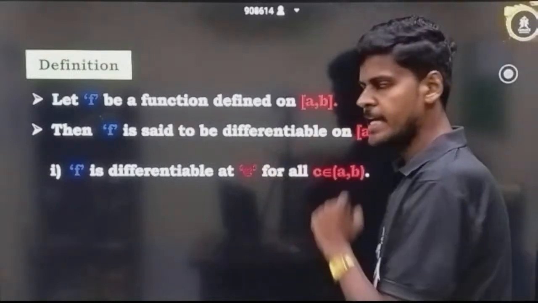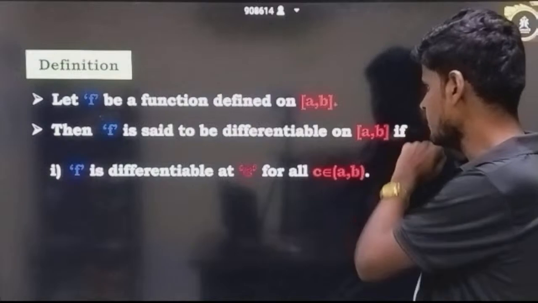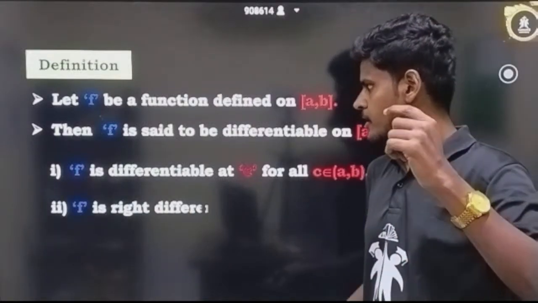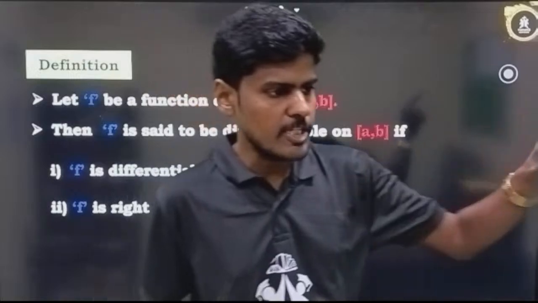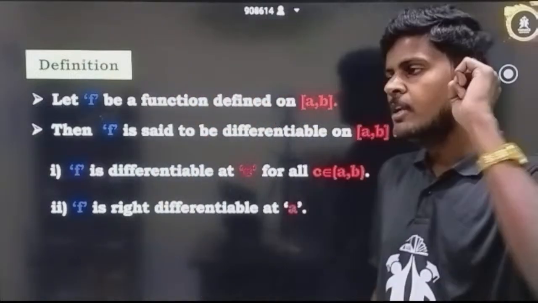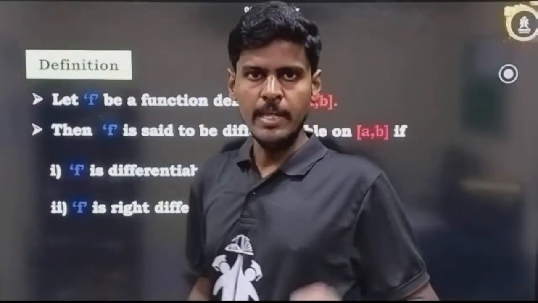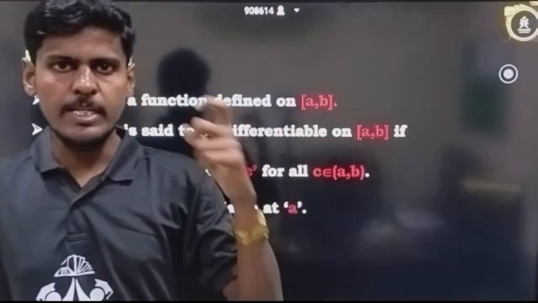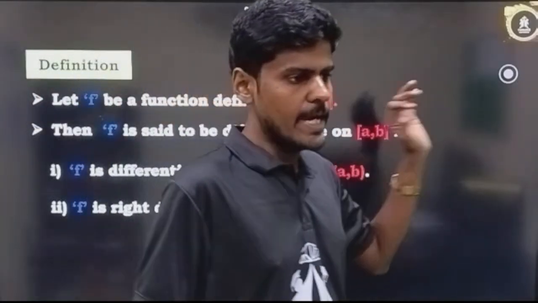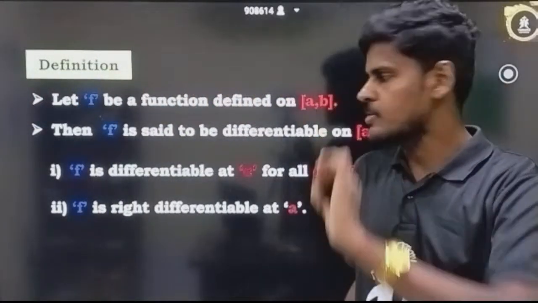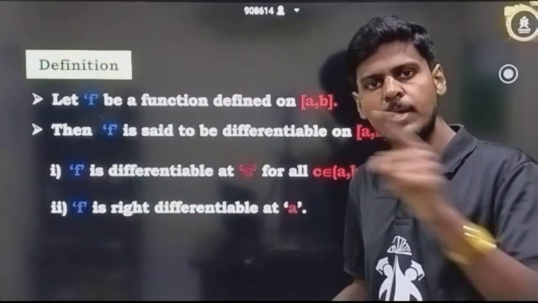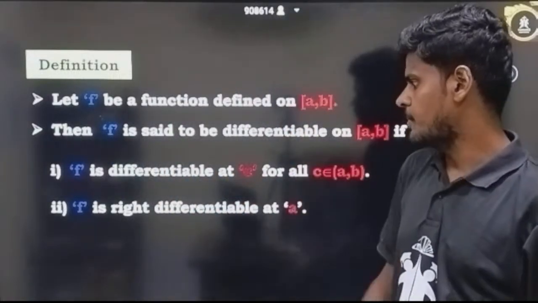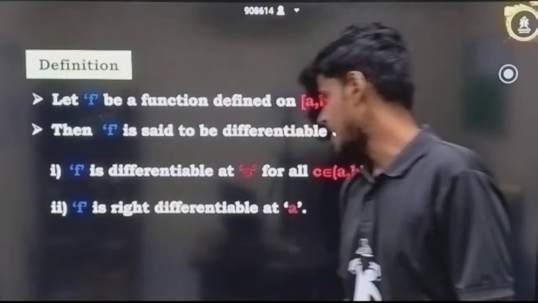That is, c is any point on the interval a to b, and if f is differentiable in an interval, that means it should be differentiable at all points in the interval. Just like how we see in continuity. If a function is said to be continuous in an open interval, it should be continuous in the entire values along the open interval. Similarly, function should be differentiable on the entire open interval,